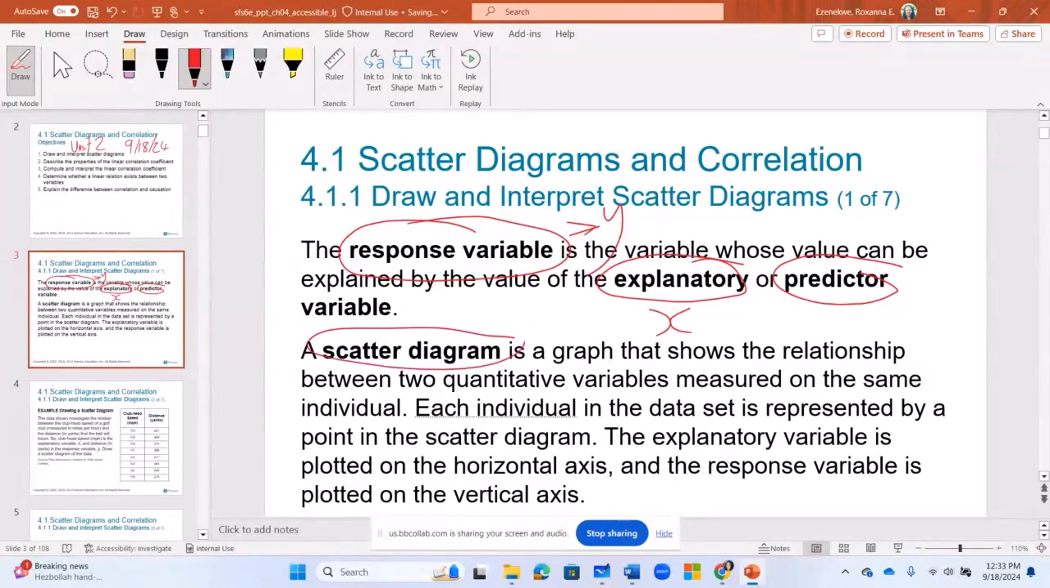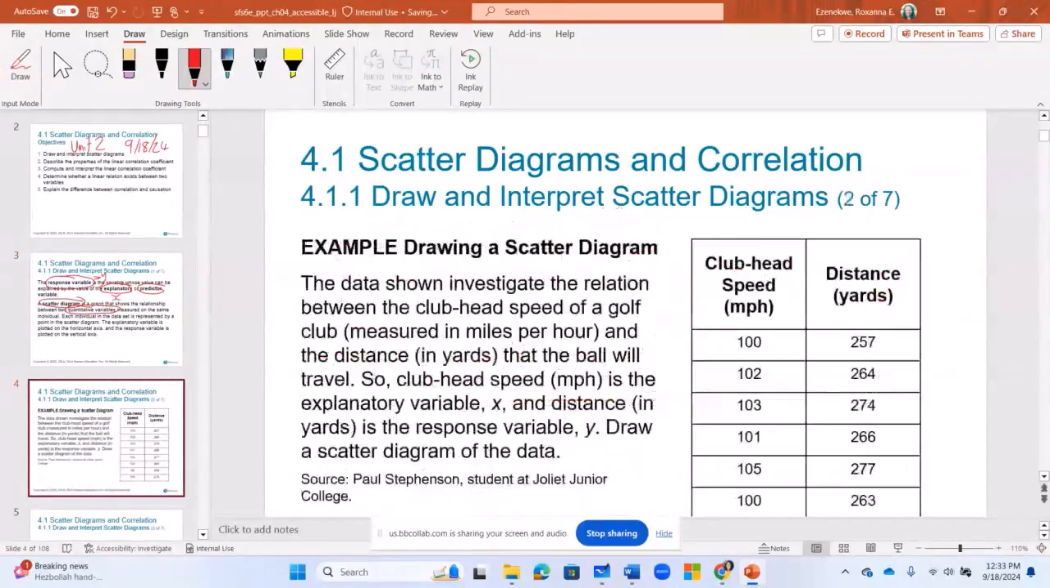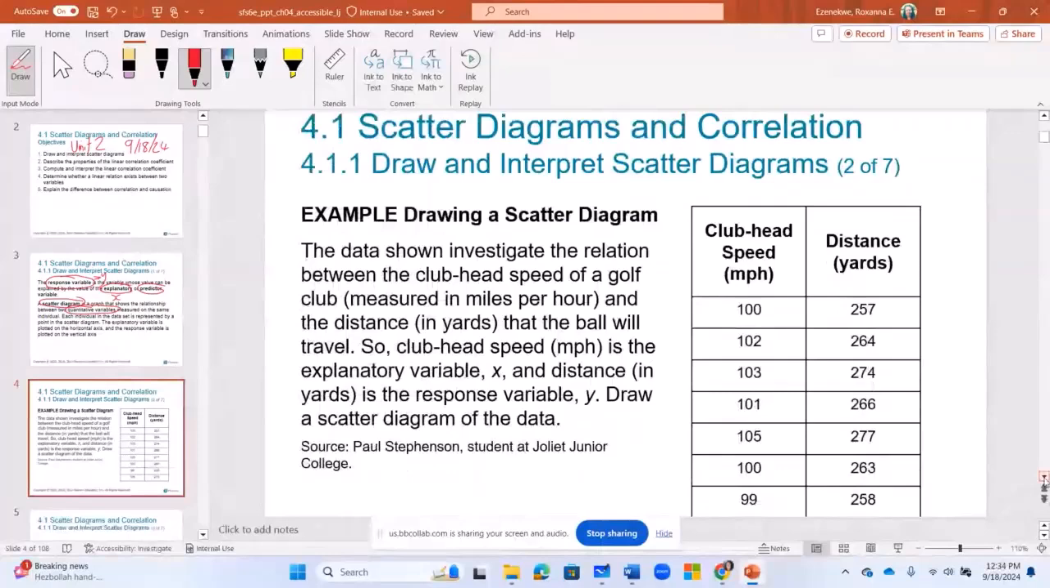And then we shall try to draw a scatter diagram. And that is going to show the relationship between two quantitative variables. So actually, we are going to be using two quantitative variables to make the linear regression. All right, so we can actually start immediately. I would like you to put this data in your L1 and L2, where L1 is cloud head speed. So this question says, in this example,